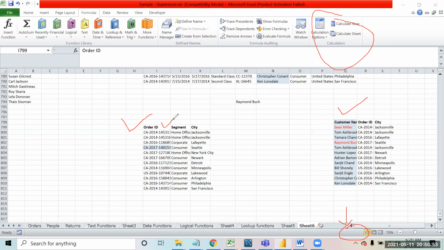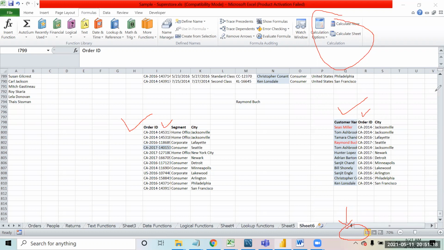Suppose it took 10 minutes. Now your formula is applied. Then you apply the index match over here. Again, the formula will be calculated and Excel will take 10 minutes again. So how much time did you spend? 20 minutes, right? 10 minutes over here, 10 minutes over here, because Excel was taking time to do the calculation. Don't you think it's a wastage of time?